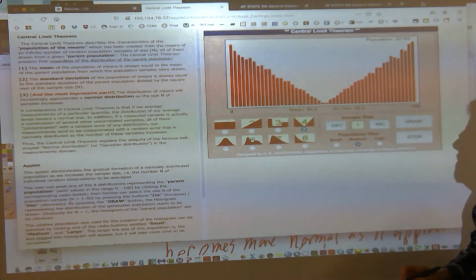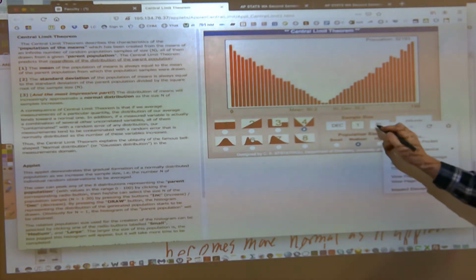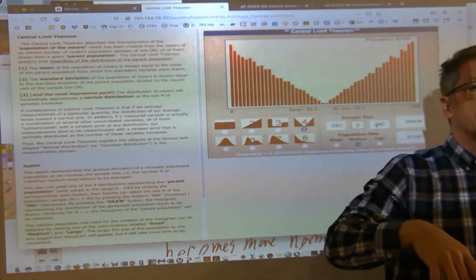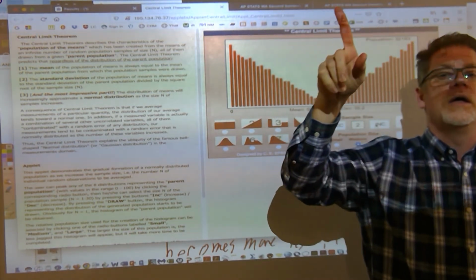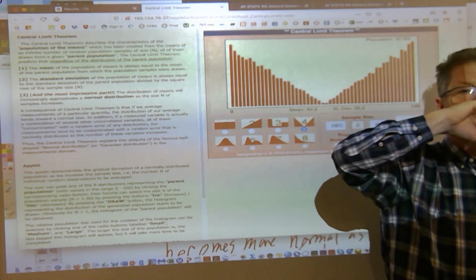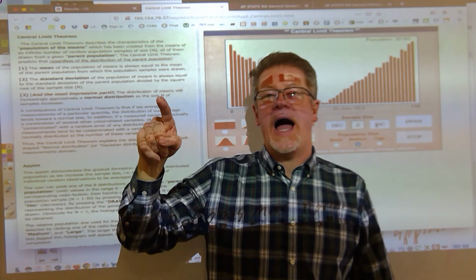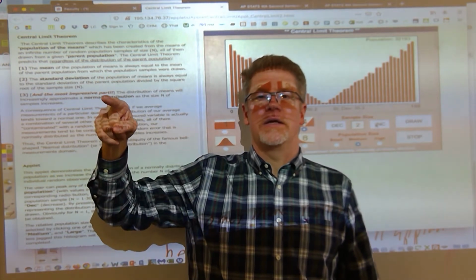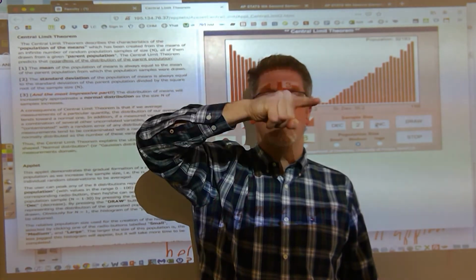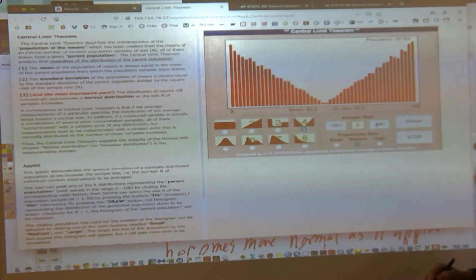I'd like all of you to do the air sketch. What do you predict the air sketch will look like when I go to sample size 2? What if I take samples of size 2? Go ahead and do an air sketch. I'm seeing people go like, okay, here's what I think it's going to be. I think it's going to be like this. Me too. I think it's going to be really high in the middle. That's what I was saying.